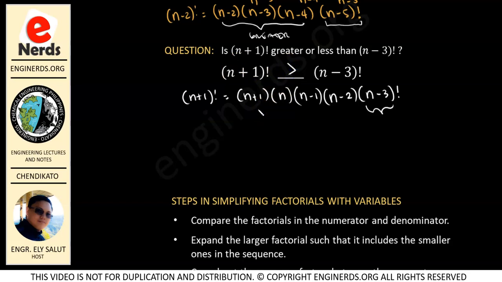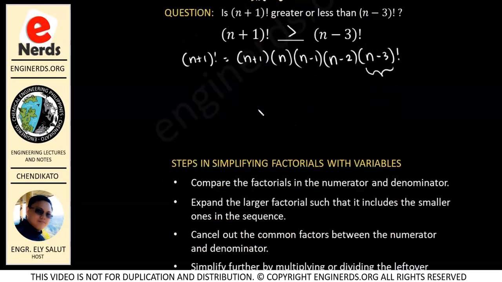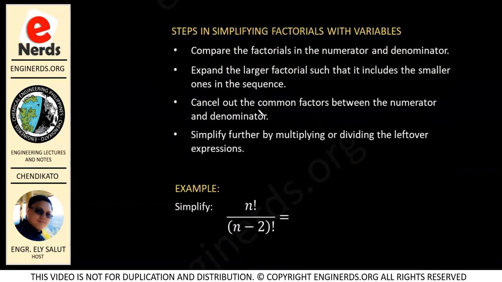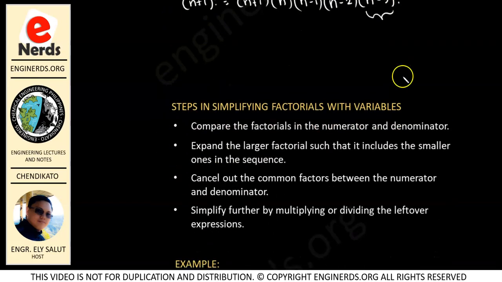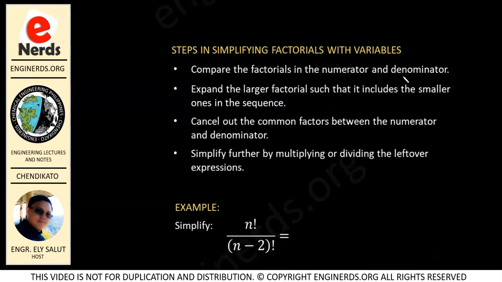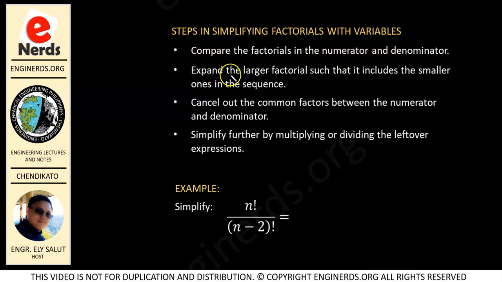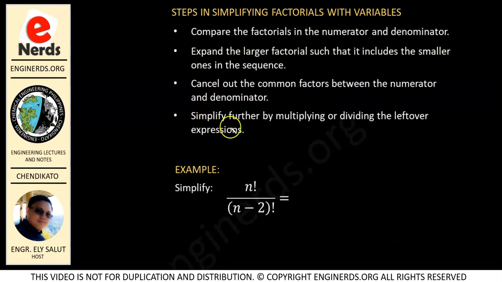So, why did we study this? Because we are going to use that in simplifying factorials with variables. So, here are the steps in simplifying factorials with variables. Compare the factorials in the numerator and the denominator. So, that's what we did earlier. We need to compare in order to know which one is greater and which one is lesser. Then, expand the larger factorial such that it includes the smaller ones in the sequence. Cancel out the common factors between the numerator and the denominator, and then simplify further by multiplying or dividing the